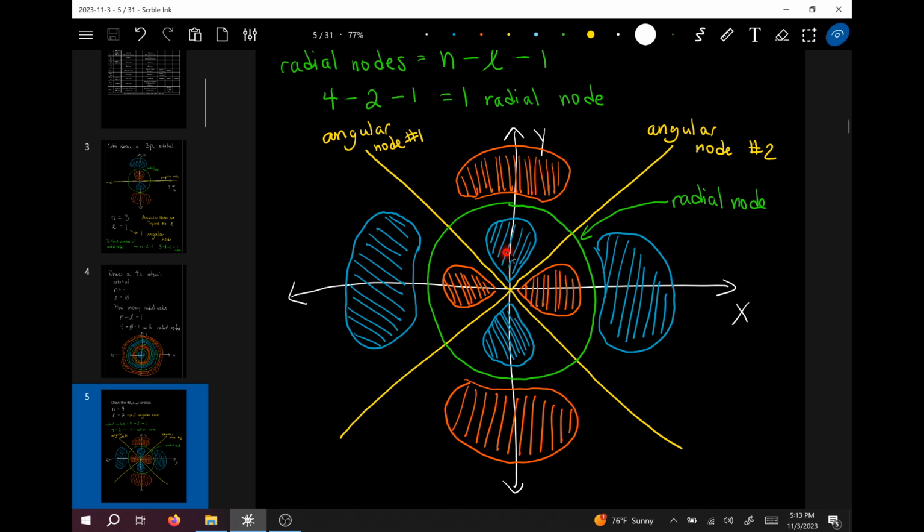Now, what we're going to spend the remainder of this lecture on... I should have brought coffee or water with me because it feels like I'm coughing up a storm. What we're going to do in this next section is fill these atomic orbitals with electrons, because each atomic orbital can hold up to 2 electrons, one that's going to be spin up, one that's going to be spin down. So as an example, if I were to put 2 electrons in this 4d x squared minus y squared atomic orbital,